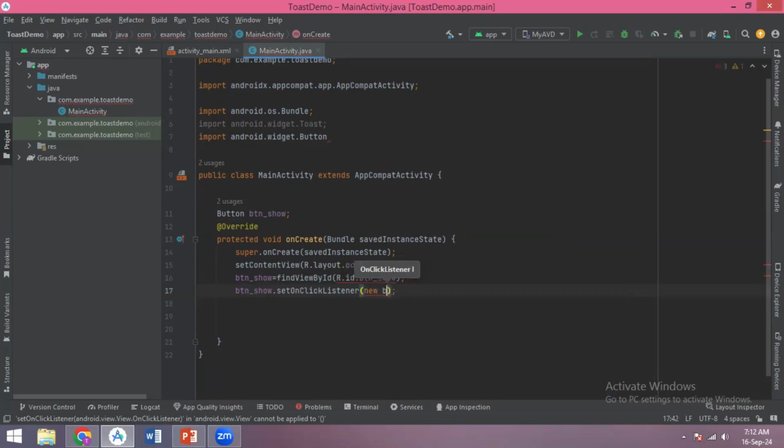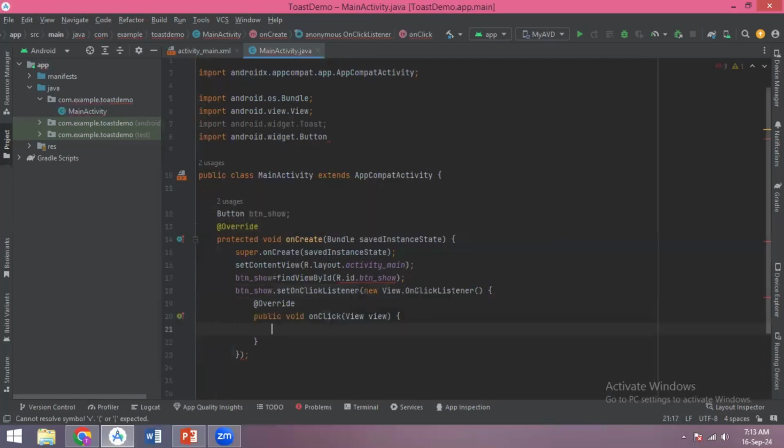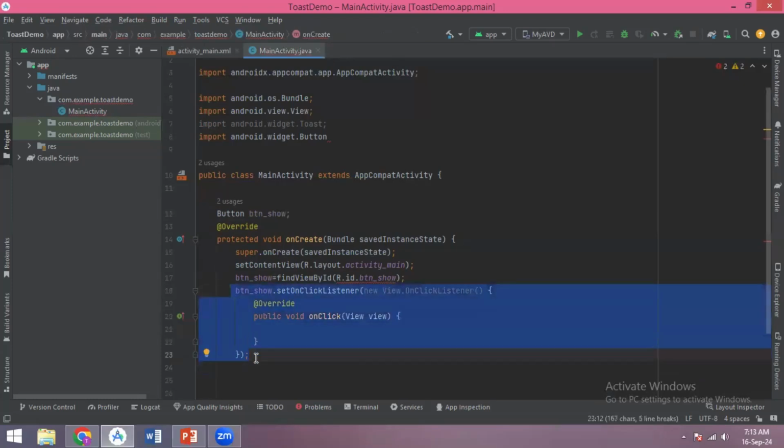new View.OnClickListener. Friends, how to attach a listener to our object, that we have discussed in the earlier session. So if you are not getting this syntax, please go and watch this video. When you watch that video, then you will get how we can add a listener or event